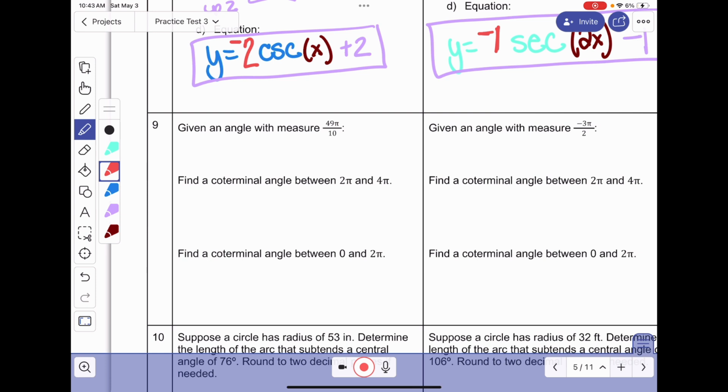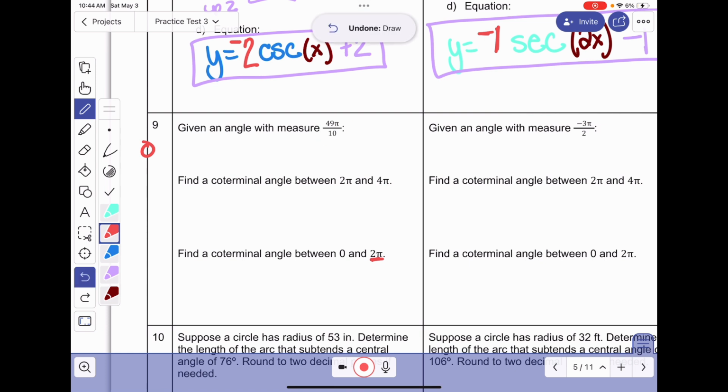All right, let's look at number 9. Given an angle with the measure 49 pi over 10, find a coterminal angle between 2 pi and 4 pi, and find a coterminal angle between 0 and 2 pi. So 0 is just 0. We want to convert 2 pi and 4 pi to numbers over 10 so that it's a